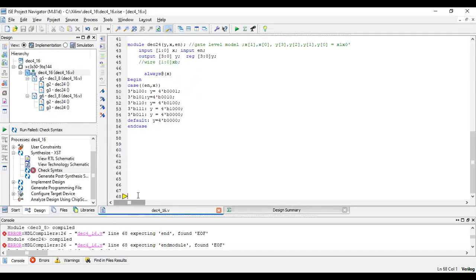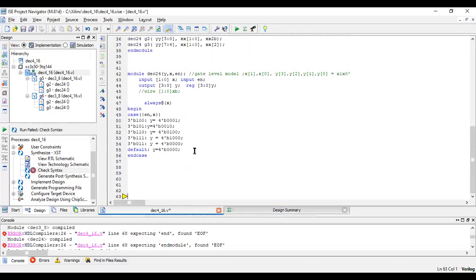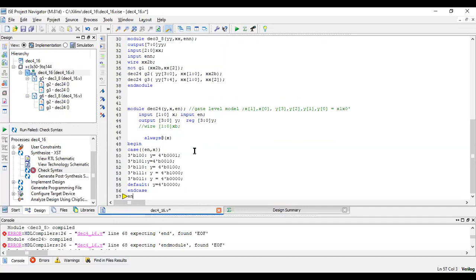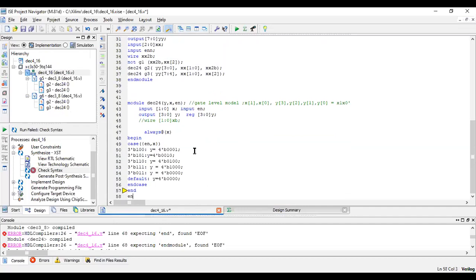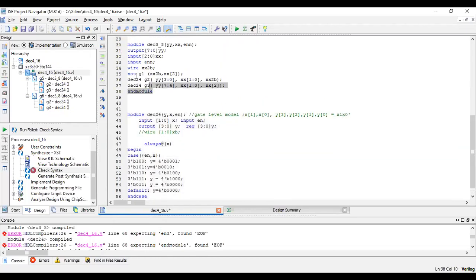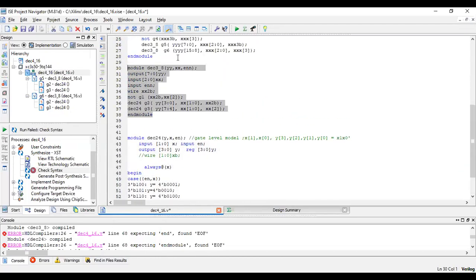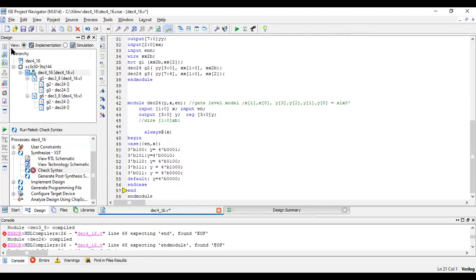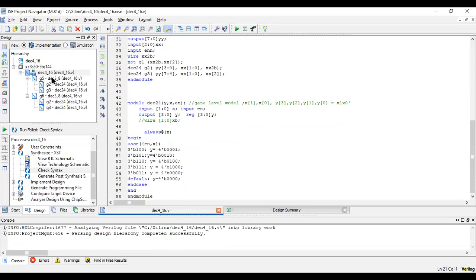That means it is showing that there is no end. So we should have one end, and we should also have one endmodule. Each program will have a module and endmodule. This will act as a submodule to this module. So I guess that is the error. Let us see if the error is rectified.